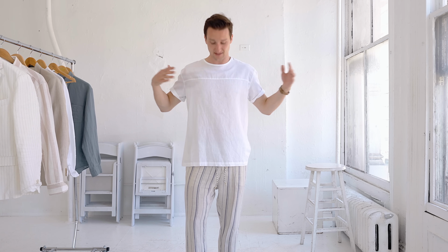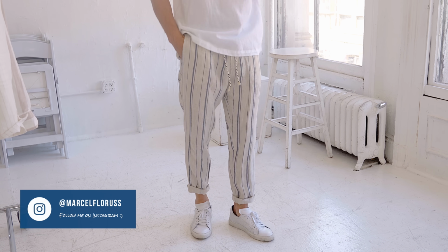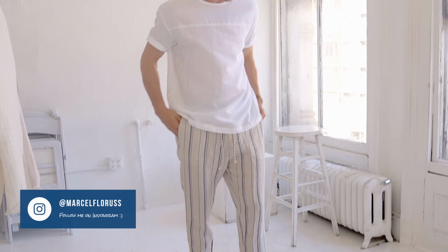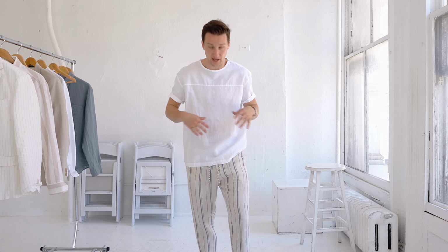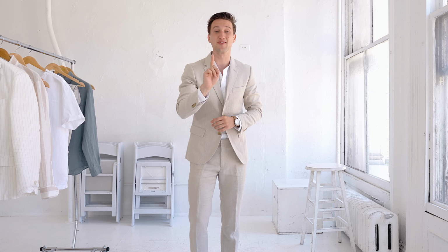Little detail across the chest, and these pants, you guys went nuts over. I was really surprised almost. On Instagram as well as on YouTube, you guys left a bunch of comments on how dope these pants were, and I agree, but I'm happy you guys think so too. Here I'm really embracing the casualness and the relaxedness of the fabric, literally all together. It's super chill, like you can hang out on a beach literally all day,